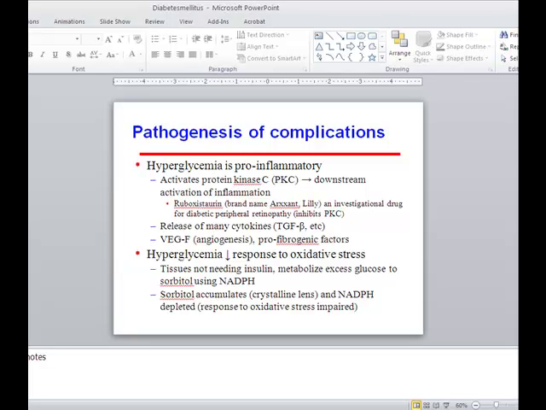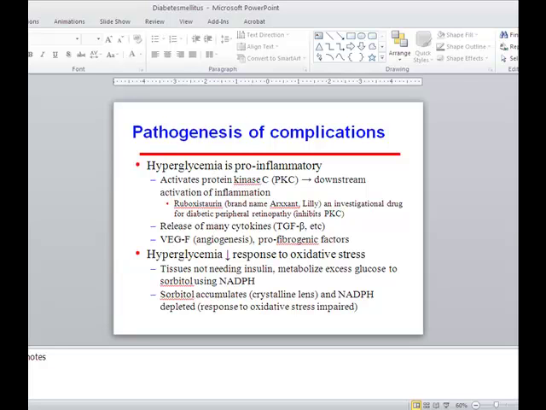Ruboxistaurin. This is the brand name of a drug from Lilly, and this drug, I don't know which stage of the trial this is in, is for diabetic peripheral retinopathy. The blood vessel changes you see in the retina in diabetic retinopathy, the peripheral blood vessels. It's being tested to determine if it can actually reduce these inflammatory effects in the blood vessels of the peripheral retina. The mechanism of action of this drug is by inhibiting protein kinase C. Consequently, the downstream